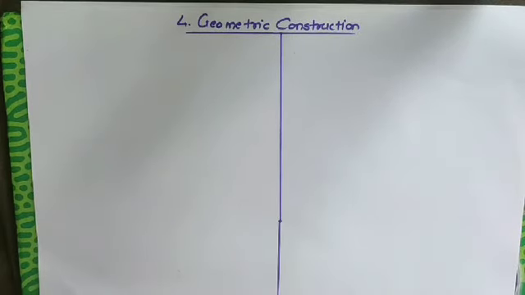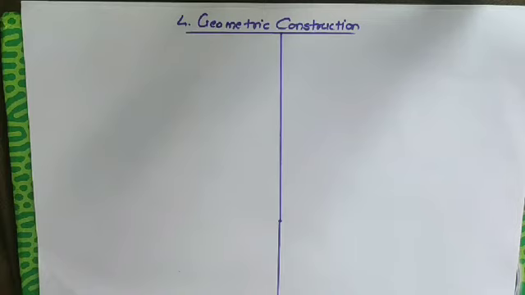So in this lesson we are going to study construction of a triangle similar to the given triangle, and construction of tangent to a circle, without using the center of the circle and with using the center of the circle, and construction of a triangle similar to the given triangle bearing the given ratio with the sides of the triangle, when vertices are distinct and when a vertex is common, and to construct a tangent to the given circle from a point outside the circle. So these things we are going to learn in this lesson, but before starting this we will just recall